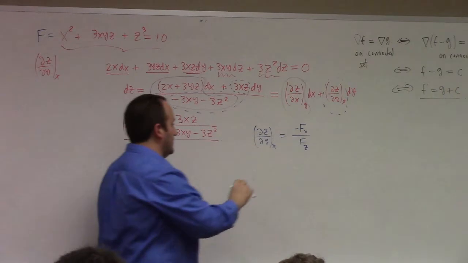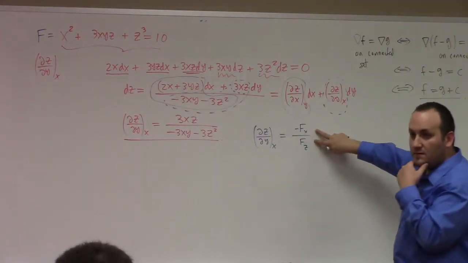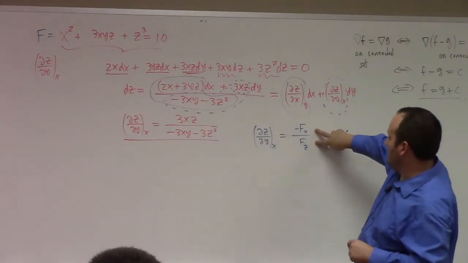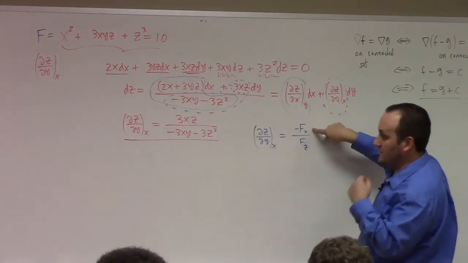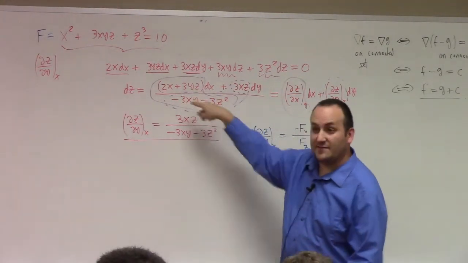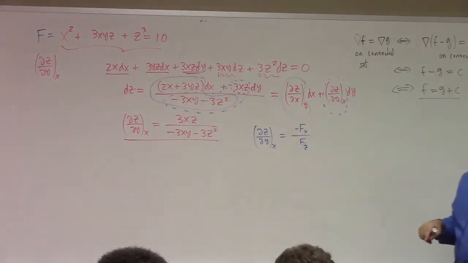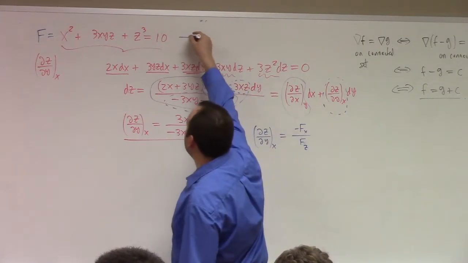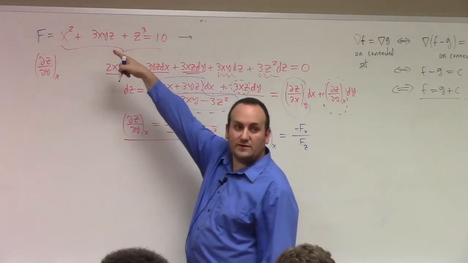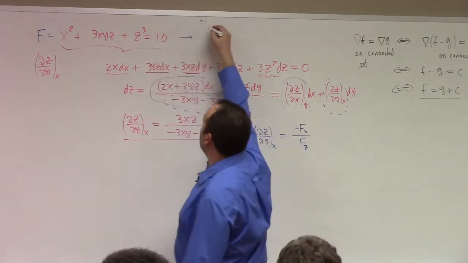These terms here are precisely what I have. Like this is f sub x. This is minus f sub z. It's exactly the same thing. I was thinking a little bit more low-tech, though. You could just differentiate this with respect to y holding x fixed. So